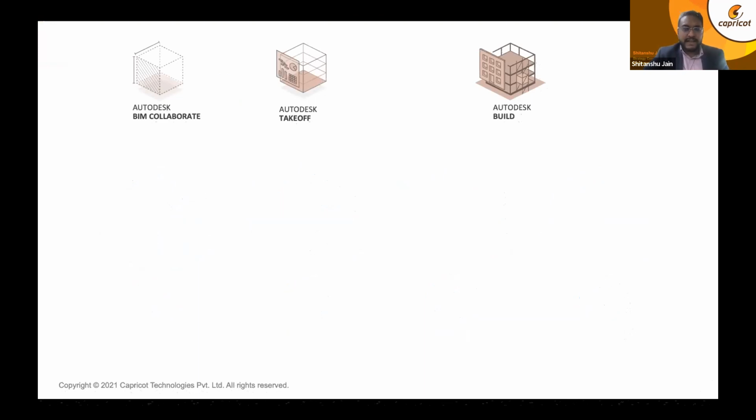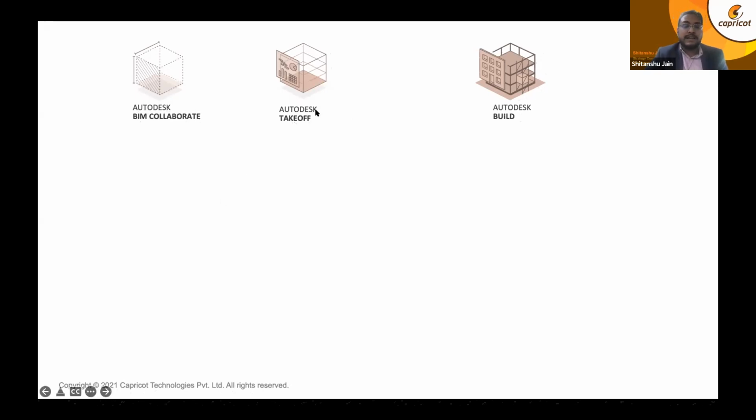So just a little bit more detail about what is Autodesk Construction Cloud. Technically, what are the solutions present in it? What are the features of it at a very high level? So primarily, Autodesk Construction Cloud has 3 modules or 3 user-based functions. So one is Autodesk BIM Collaborate, which is more oriented towards designers. So this is more for a designer who is working either on CAD or on Revit, to have a live synchronization of his drawings online, so that it can be reviewed, marked up, and so on, online on the browser itself.